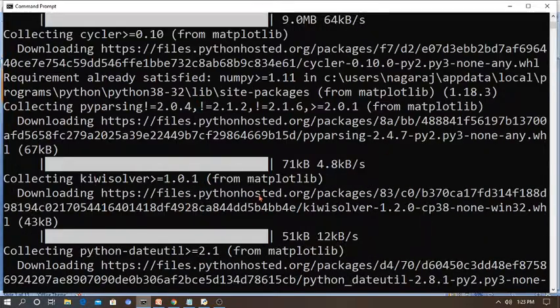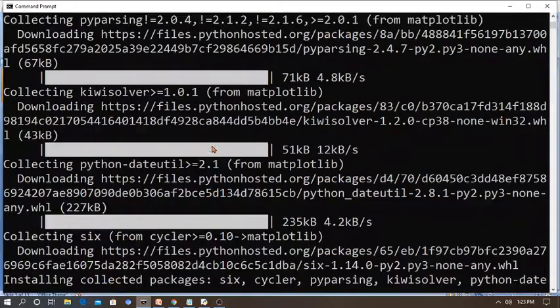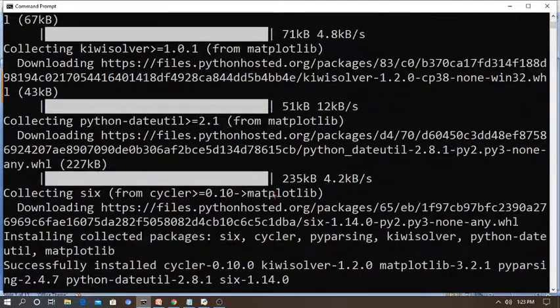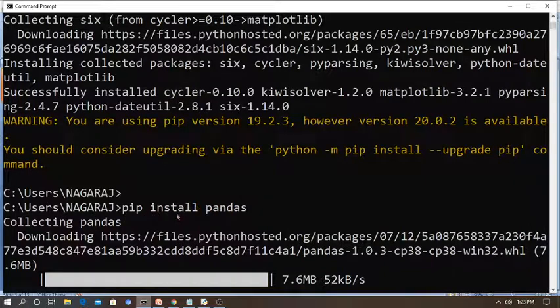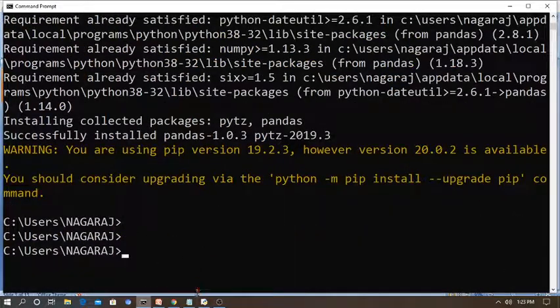After successful installation, you can go for another one, Pandas. Today in real time we need the help of Pandas and data science. Type the same way: pip install pandas. Once installed, you don't need to install it again in Python IDLE. That is an advantage of Python. After successful installation, you can start to work in Python IDLE.